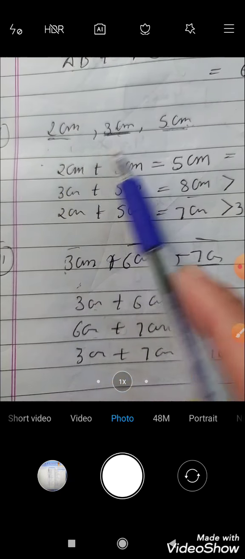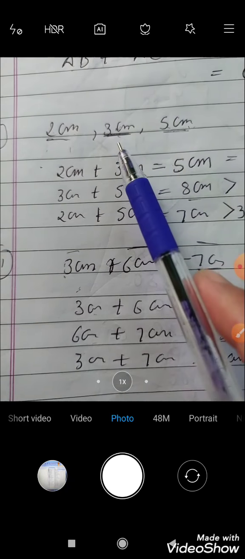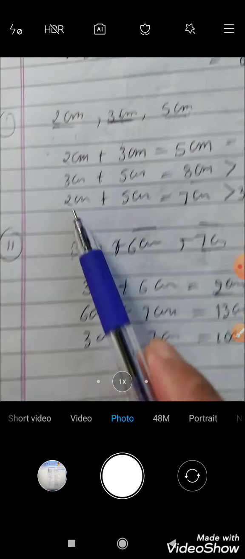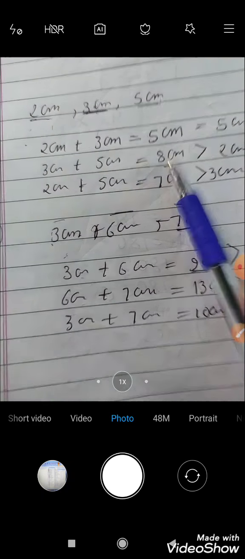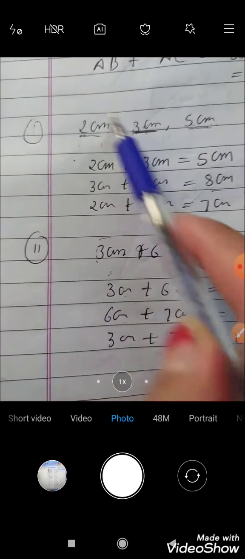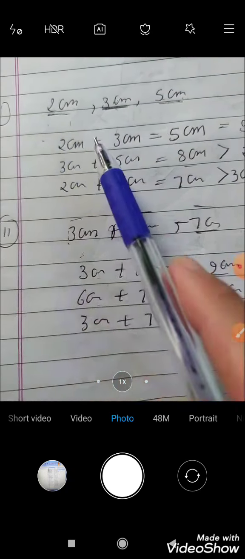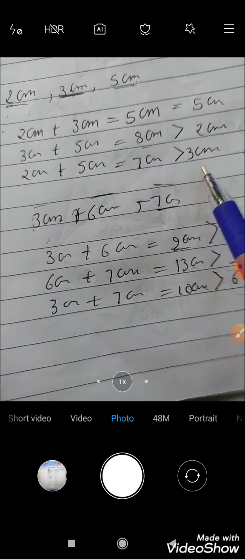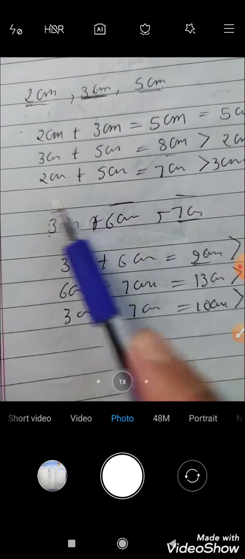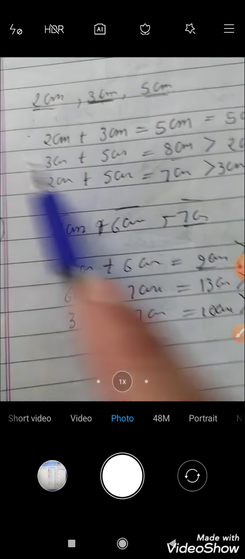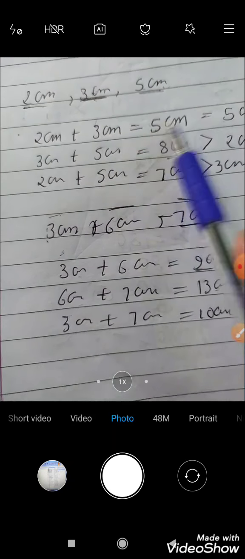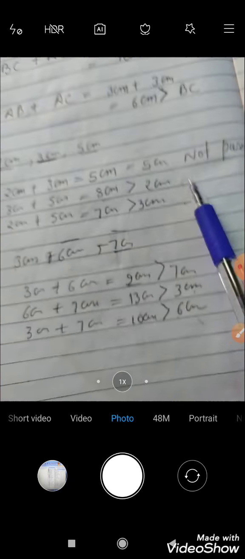First we added 2 centimeter and 3 centimeter. Now we are going to add 3 centimeter and 5 centimeter. If we add the 3 centimeter side to the 5 centimeter side, we obtain 8 centimeter. Now compare this sum to the leftover side, and it is greater than the third side. In this way we again sum two sides of the triangle and then compare it with the third side. Here we conclude that the sum of the two sides is greater than the third side, but in the first portion the sum of the two sides is equal to the third side, so this triangle is not possible.